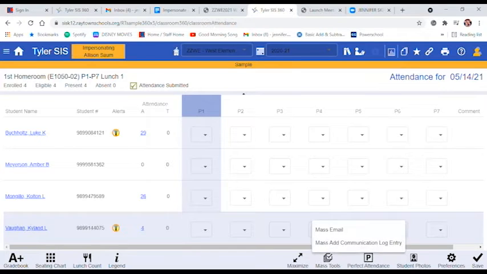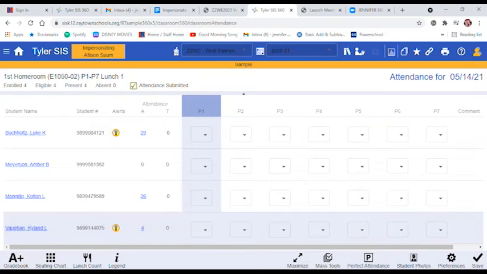Mass tools, I love this one because you can do your mass email here. And even if you click mass email, it's going to give you the option of just clicking on Colton or just clicking on Amber. If you want, maybe you notice that Amber's been gone the last 5 days and you've already tried to call home for her, but while you're thinking about it, you want to go ahead and click on email, then you can click that mass email and start an email for Amber's family. And then that way you have that started for later.